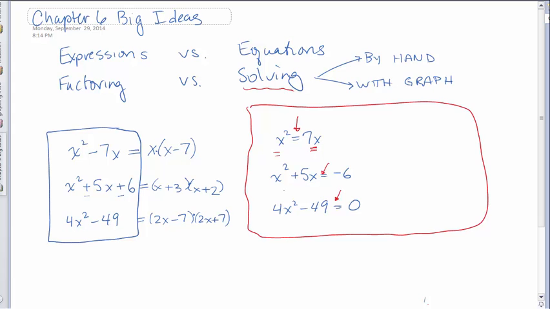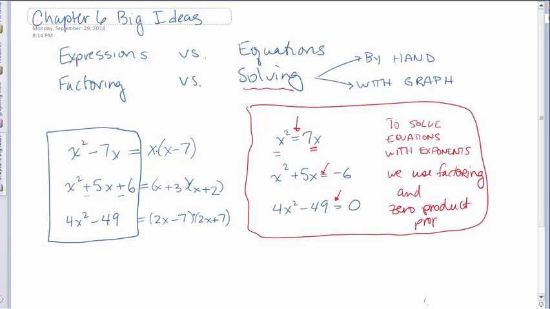Now, in Chapter 6, the whole reason that you're taught how to factor is that factoring is the technique that we use to solve these. So to solve equations that have exponents bigger than 1, we use factoring and the zero product property. So for example, I'll just pick one of these. If I wanted to solve this middle one right here,